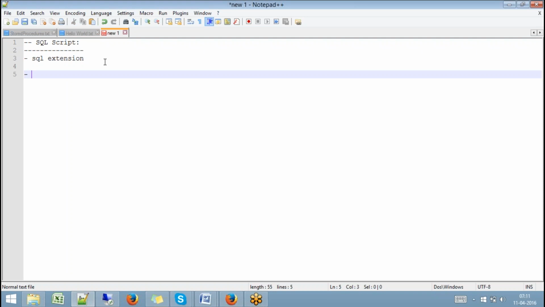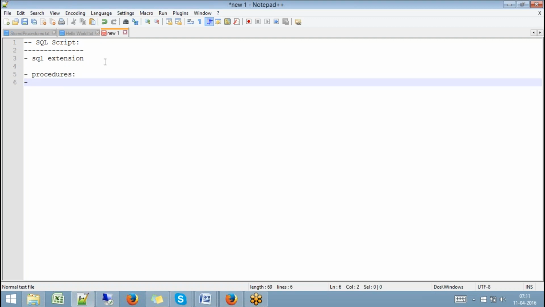There are different objects you can implement with ABAP. In the same way, by using SQL scripting, you can implement stored procedures or functions. I'm mainly focusing on procedures now. We'll start writing procedures in order to learn SQL scripting. The first one,